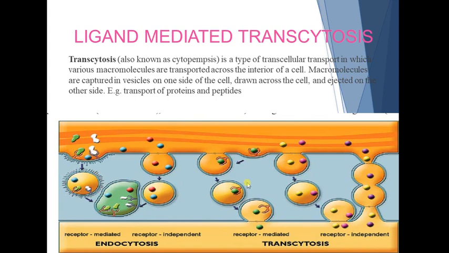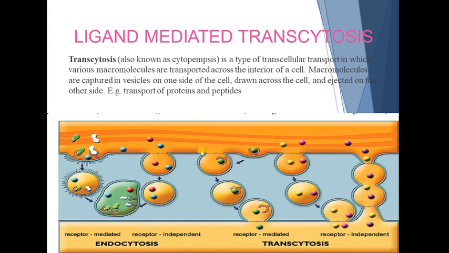Then the next process is transcytosis. In this process, the drug is taken up and then it is also removed from the cell. This whole process of taking up the drug from the plasma membrane and removal of the drug by exocytosis is known as transcytosis. It may be receptor mediated and also receptor independent. Now as we can see in this process, this is the receptor, and the ligand containing the carrier along with the drug binds to a particular type of receptor only.